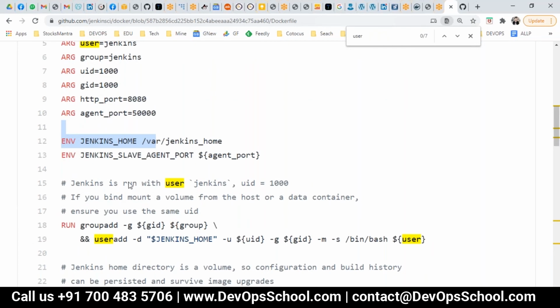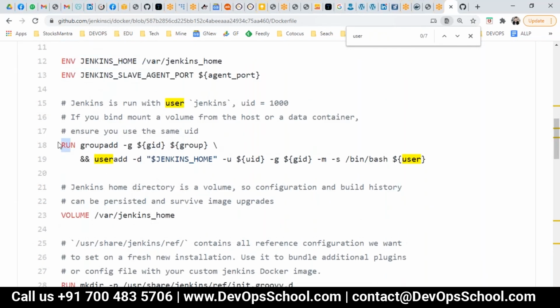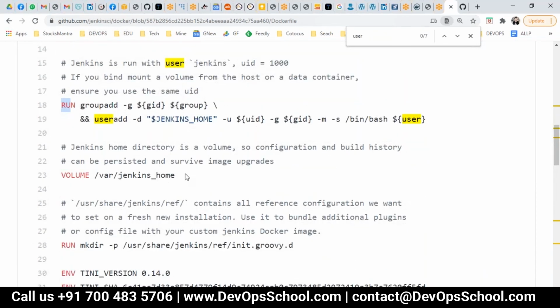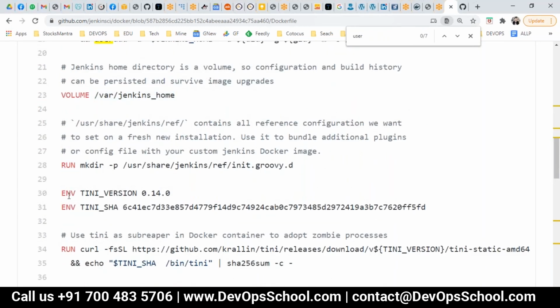Okay. Now here you RUN, you know that very well. Now, do you remember the volumes? Because of this line, VOLUME means it will create one random volume and mount it inside the container at this location. Very simple. So that means even if the container is gone, the data will still be there inside the volume and you can reuse it wherever you want. Okay. Now again, you know, RUN, ENV.